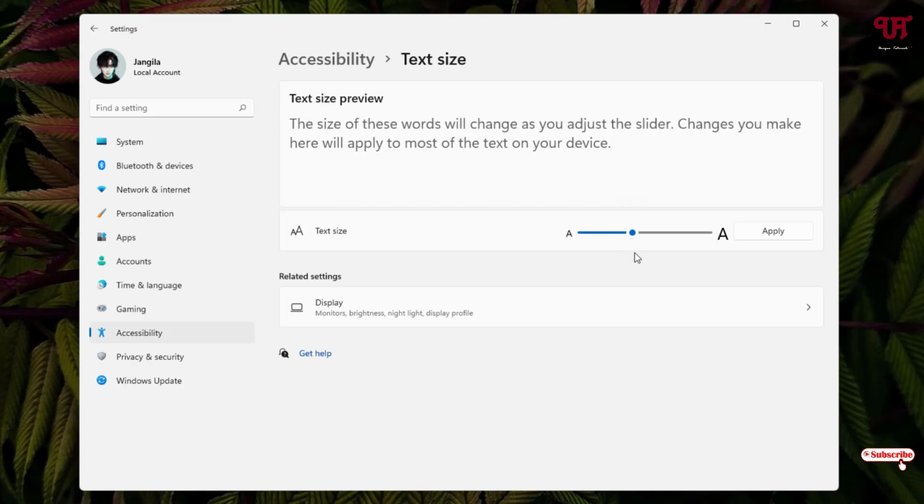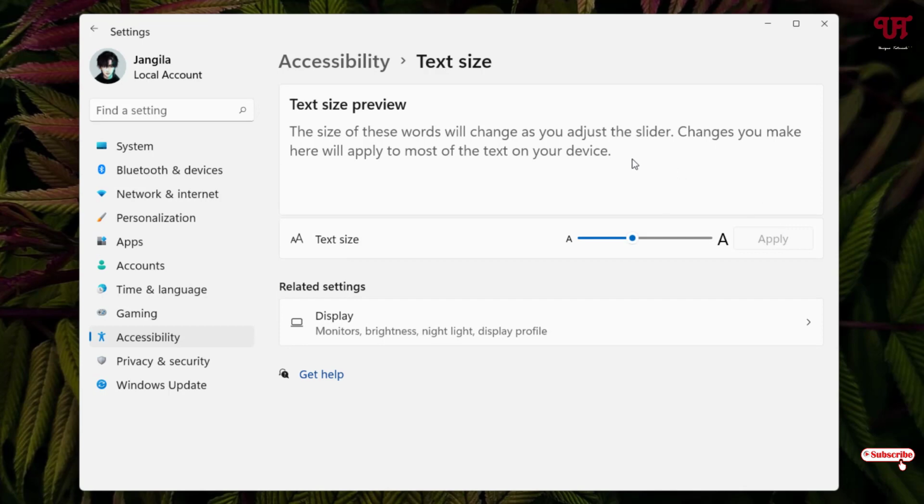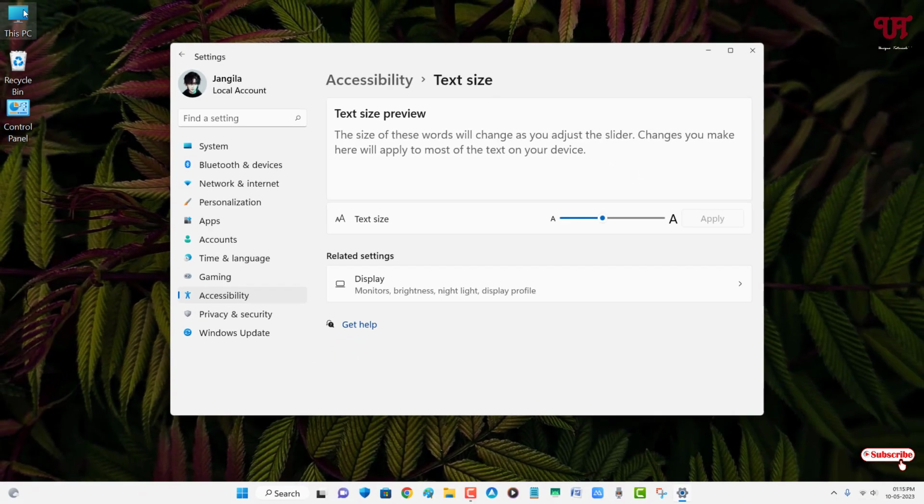So let me set it to 150. Once you set it to 150, click on apply. Now you can see here the entire system text size has increased. As you can see, even in the icons the text has increased. Everything has increased, right now you can see all have increased. Even in the bottom bar the text has been increased, and even if you open any program also,